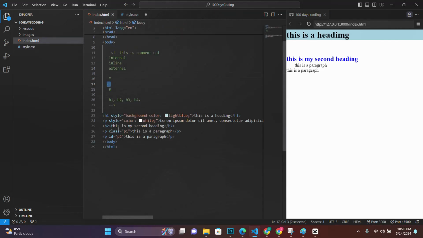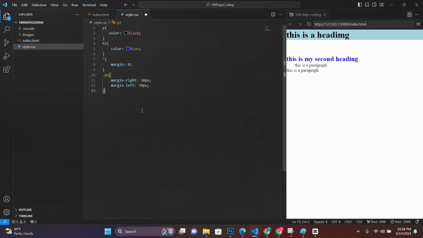What if you want to style an ID? For styling an ID, you use the hash sign. So if we want to style an ID, we'll use the hash sign. So here we can say hash and then P2, and then we can style this. So let's see how we can do that. Here we will say hash, we say P2,